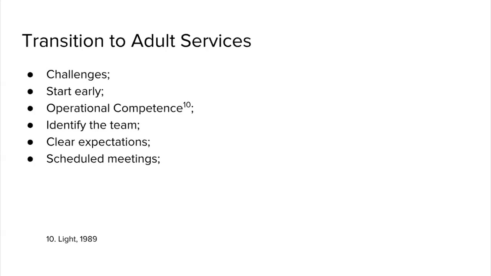I have found that the teams that have done this the best, they've had the most success in their transition to adulthood. The families, the parents who said, hey, this is how my kid communicates. This is what we expect going forward. Let's get the team together so we can troubleshoot and make sure that we can do that. Schedule meetings ahead of time to make sure that everybody's familiar with how the process goes and that you can make a really easy transition.